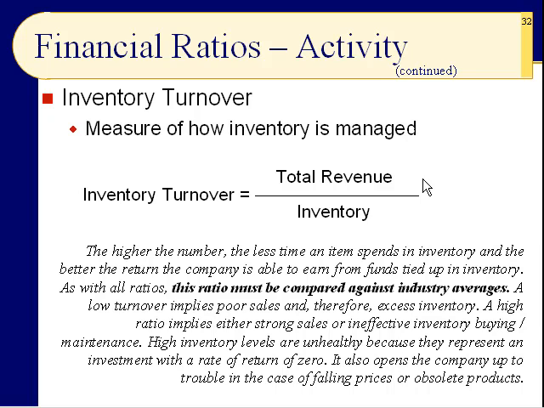Our inventory on the balance sheet is 11,220. Is that what you get, right? And so what do we get for Ford? 14. What does that mean? That means a little less than once a month they are turning over their inventory. So in other words, they don't keep anything for more than 3 or 4 weeks, which is pretty darn good